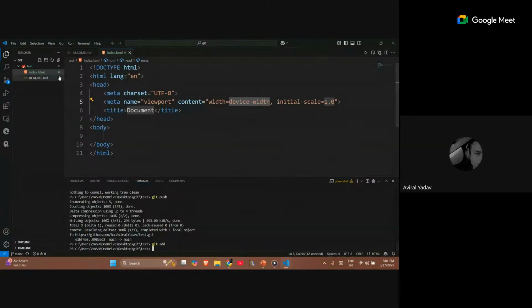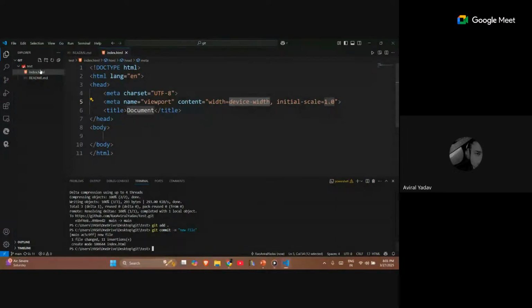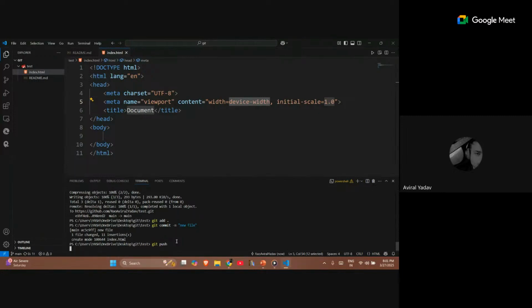Okay, so you can see that it changed to A because I haven't committed this particular file to my Git. I can just use git commit -m and new file. So just name it as new. Okay, so you can see that the new file has been added and all those colors and hovers have been changed now. And we can just simply push because we are working on this repository only. We won't create a new one. So just git push.